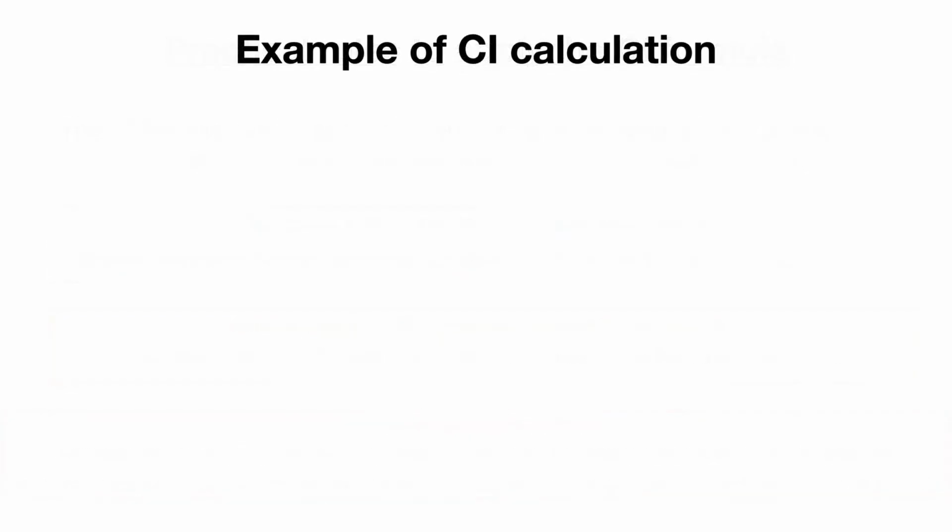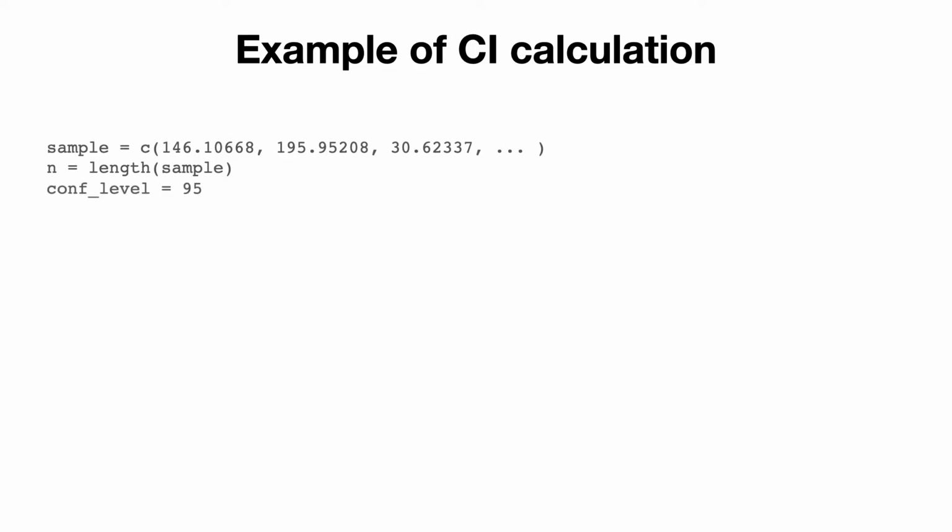So, I'm going to do a very simple example of a confidence interval calculation, again, with some R code that is easy to replicate. Here, I start with a sample, so I have a vector that is my sample. Could be values that you have from experimental data. You put them in this list, and then we have our sample size that we calculate as the length of that list. And we set a confidence level, 95, and then we get the alpha, which is 1 minus the confidence level divided by 100, because we are going to the reciprocal number, which is the